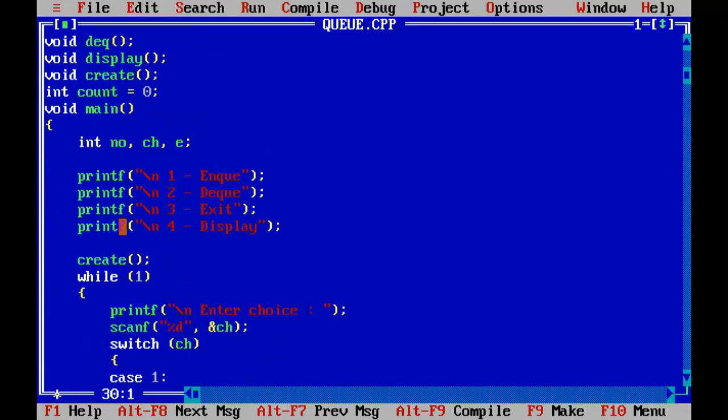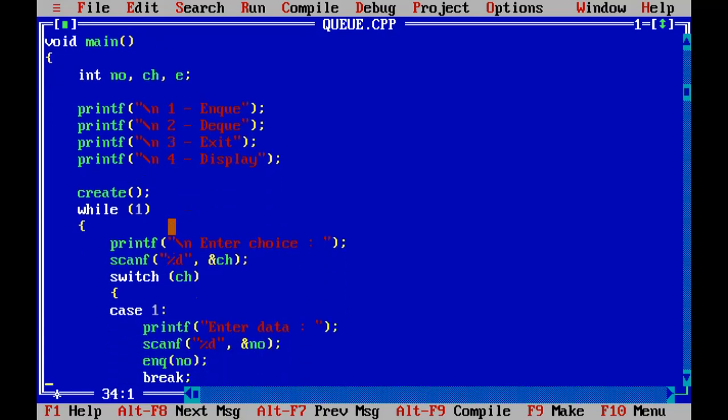For that purpose we have given 4 printf statements, in which we give the instructions for the input. Enqueue: if the user wants to enter an element into the queue, he will press 1. If he wants to delete, he will press 2. If he wants to exit from the program, then he will enter choice 3. And if he wants to display all the elements in the queue, then he will enter 4.